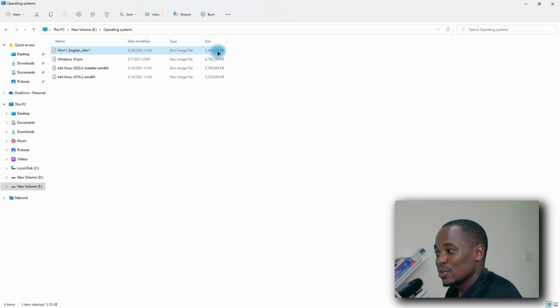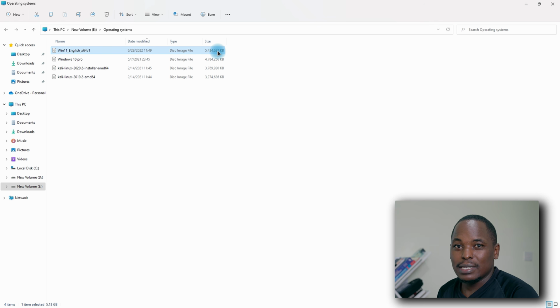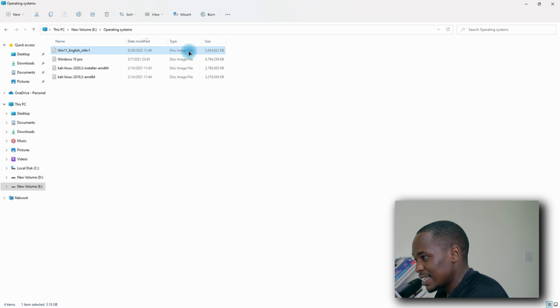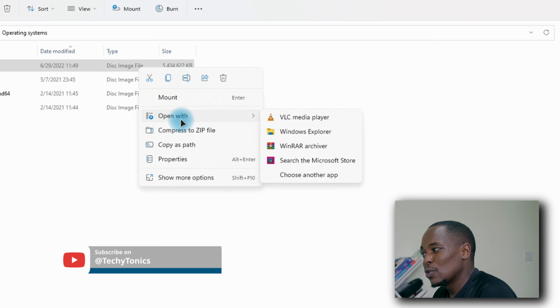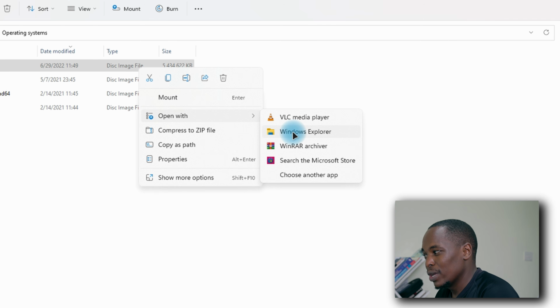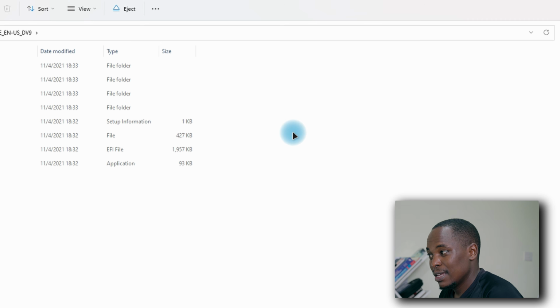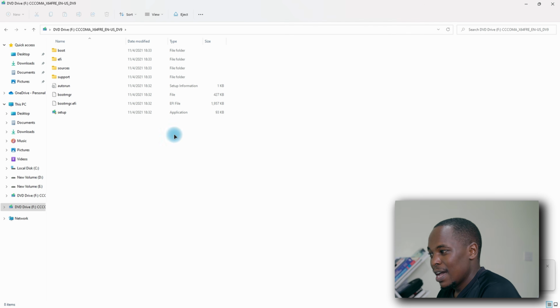In other cases, you will find that once you double click, it opens using other applications like WinRAR, which opens archived folders. To avoid all of that, right click on your file, then click on Open With, go to Windows Explorer. Exactly that. As you can see,